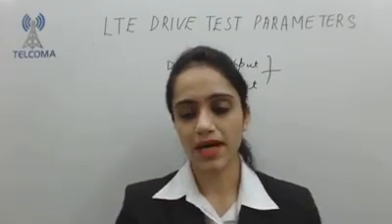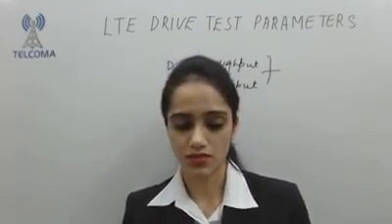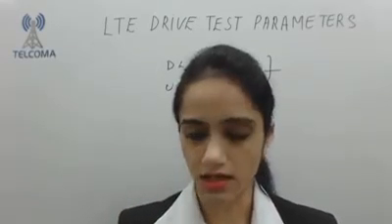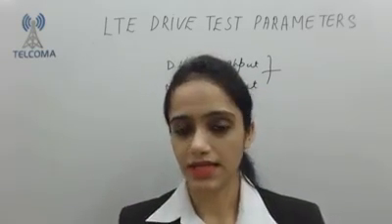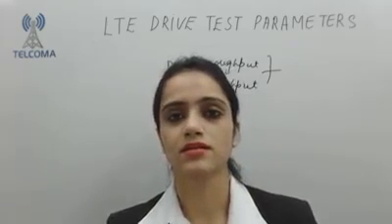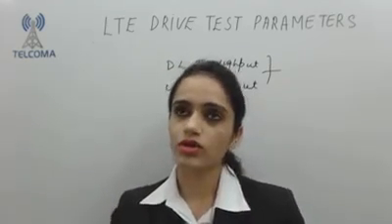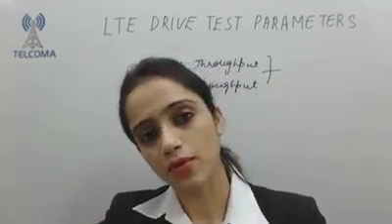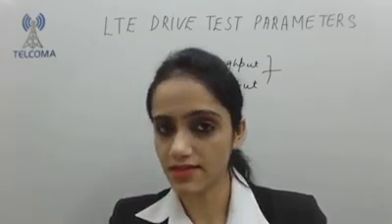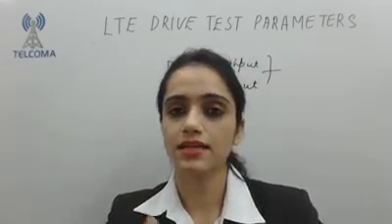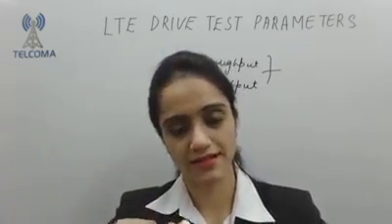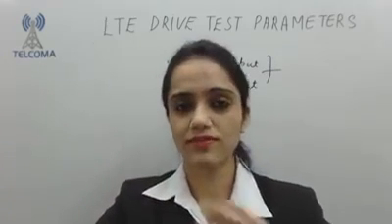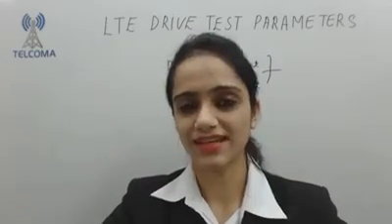So these are the parameters that we have discussed in our class today: RSRP, RSRQ, RSSI, SINR, CQI, PCI, BLER, and downlink and uplink average throughput, that we require to monitor on a daily basis while performing LTE drive tests. And if there is an error in any one of the parameters, we require to optimize that. So this is all for today. We will continue in our next class. Thank you so much.